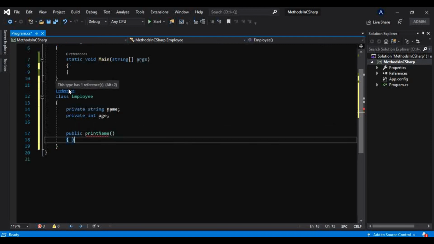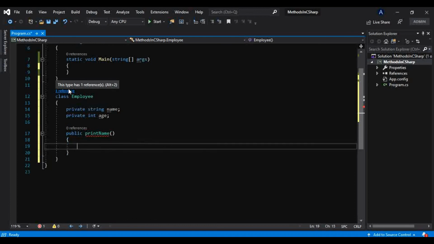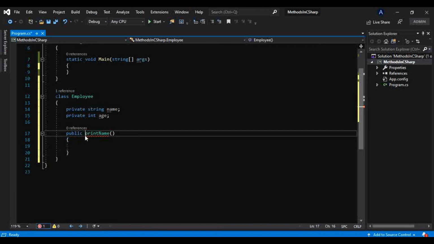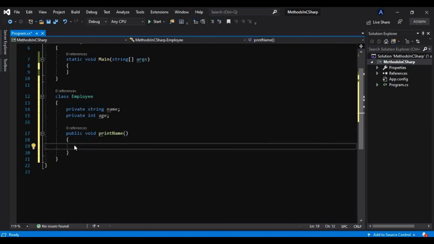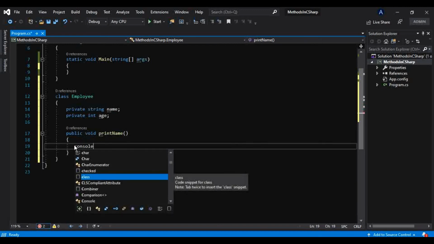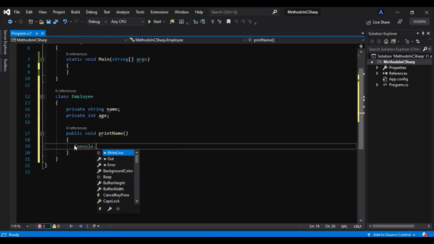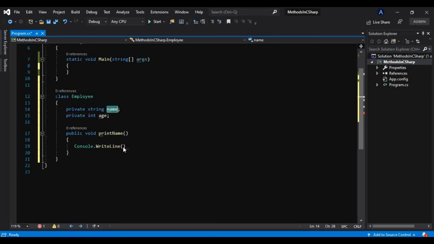That will be void, because it will not return anything, and it will just print one simple message onto the console using Console.WriteLine, that is the name of an employee.